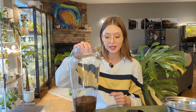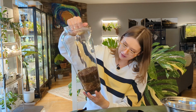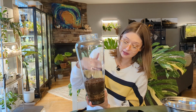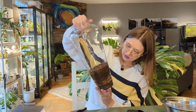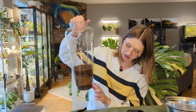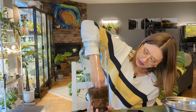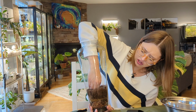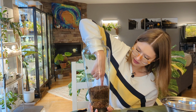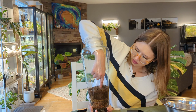So did you see how when we added the water, it all just kind of soaked in nice and evenly? We don't really have a lot of dry spots. The moisture will get distributed evenly. And you might have noticed when I added more water that we saw excess draining into the drainage layer. So that is what we want to see. And if I go and feel this, yeah, it's pretty wet, pretty moist. I did just water it, but it doesn't feel soupy. It still feels like it's nice and light and fluffy